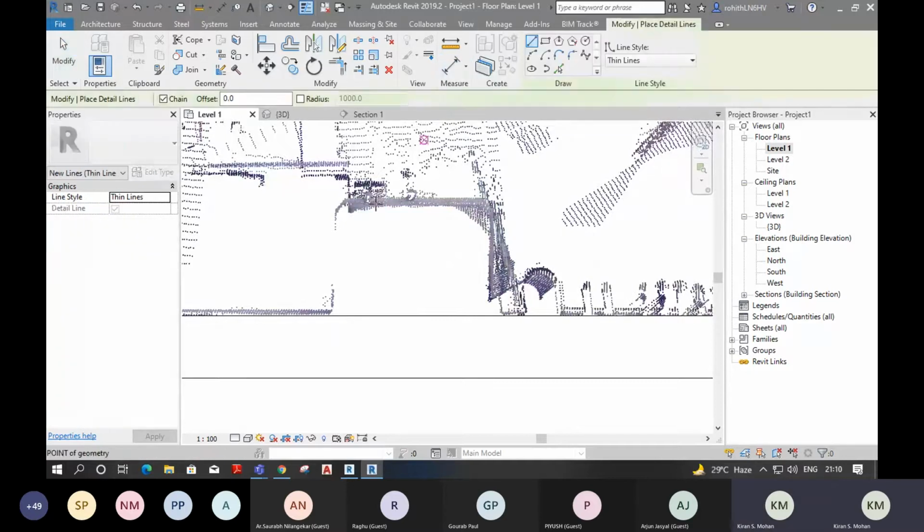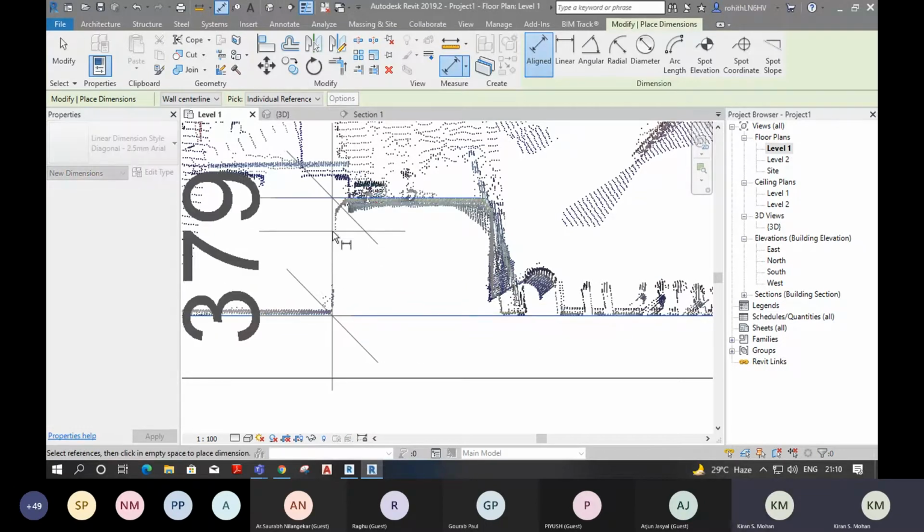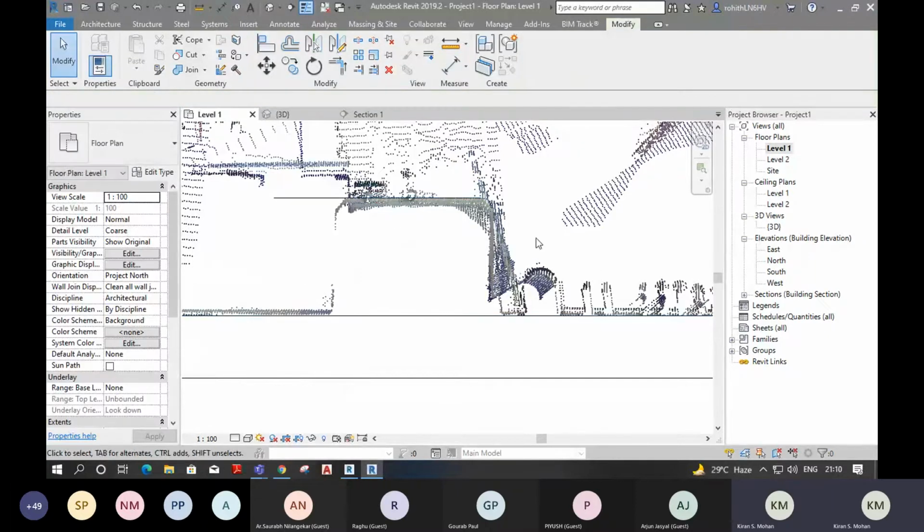Use the tab button for selecting the surface of the walls. 379. I think it's almost 400. Or we can select 350, because we don't know the exact thickness of that column. One second. We will try to measure this from this point cloud data.